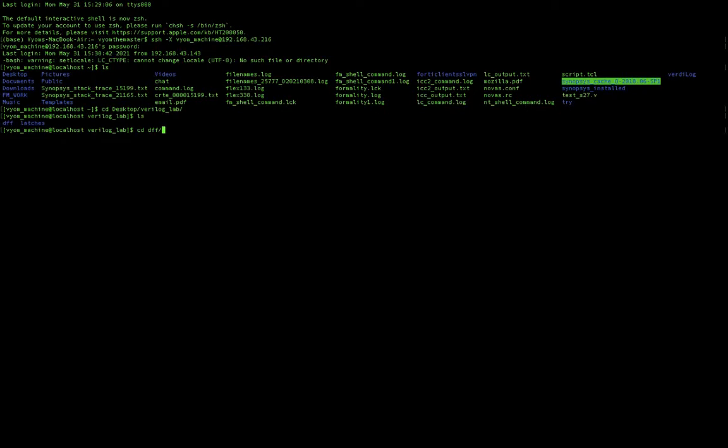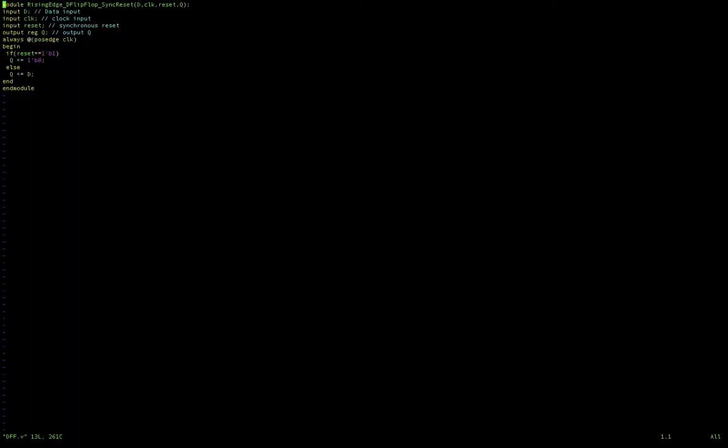First of all, we will go for DFF, which is the D flip-flop. This is the code of the D flip-flop, or you can say the hardware module for the D flip-flop.